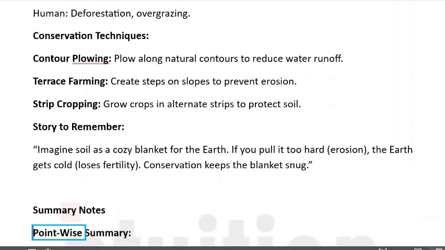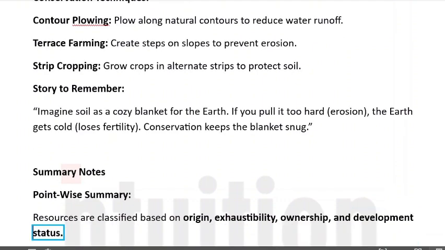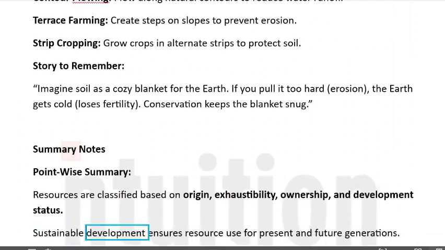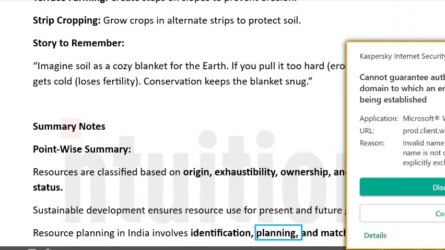Summary notes. Point-wise summary. Resources are classified based on origin, exhaustibility, ownership, and development status. Sustainable development ensures resource use for present and future generations. Resource planning in India involves identification, planning,